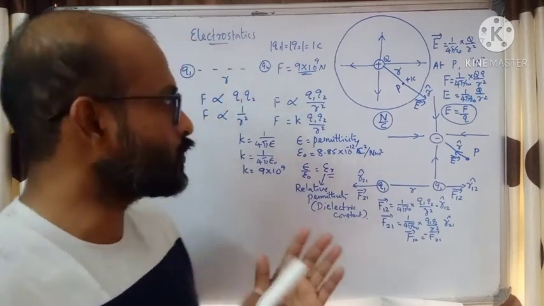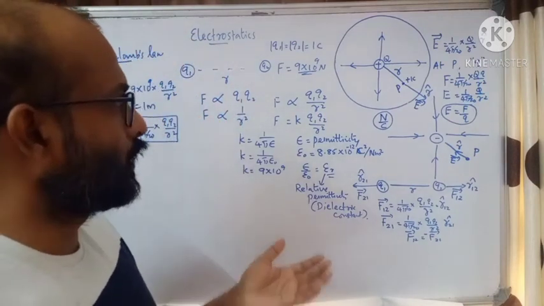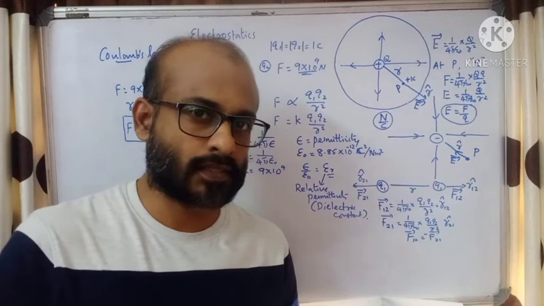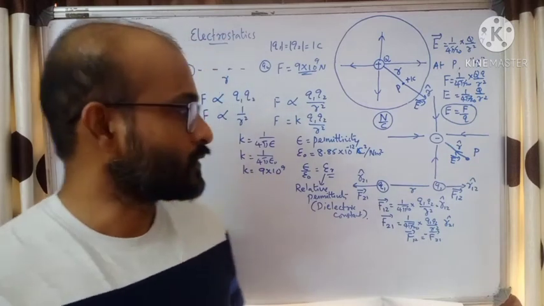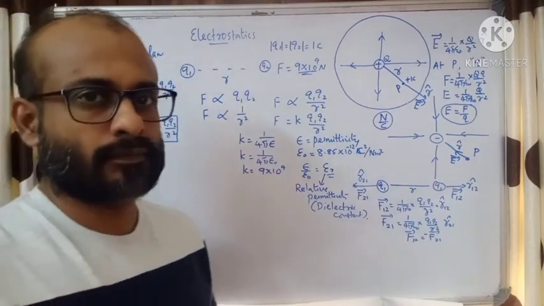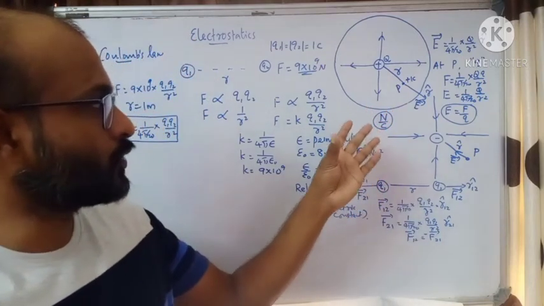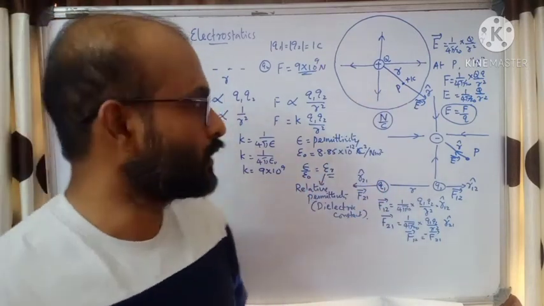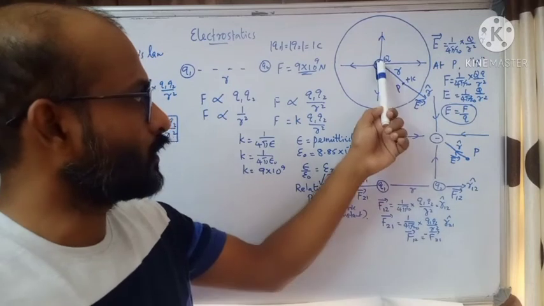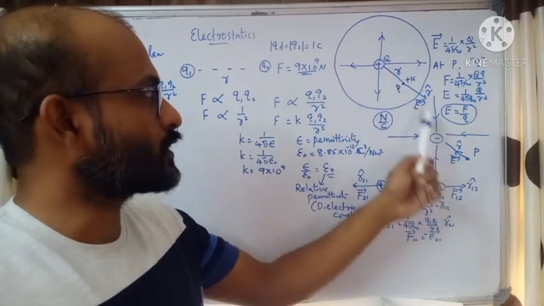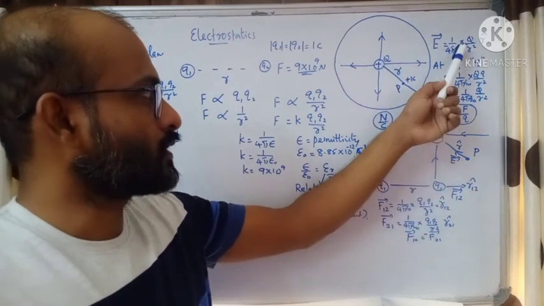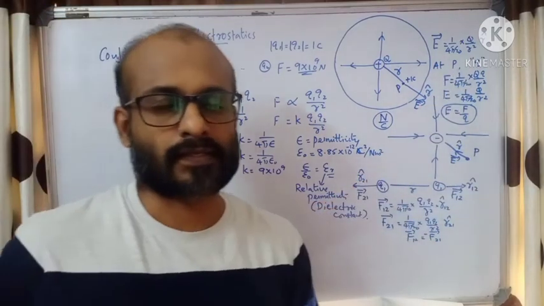Okay, so we have seen electric charges, electric field lines for isolated charges, Coulomb's law, and we have seen what electric intensity is. We have got the equation of electric intensity due to a point charge. So these charges are considered point charges. For these point charges, these are the directions of electric intensity, and these are the equations for electric intensity.